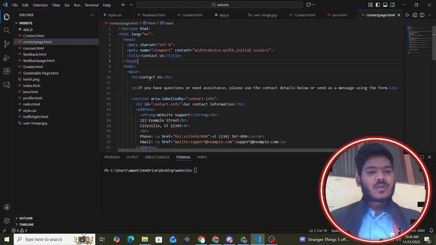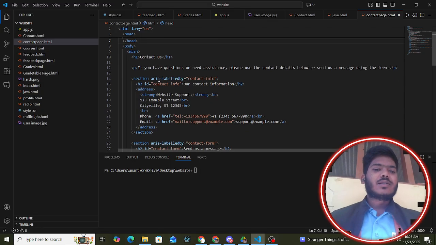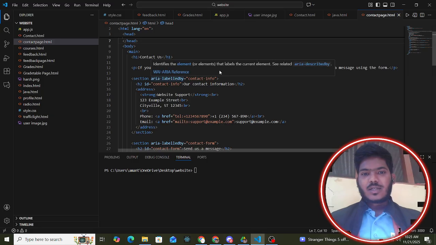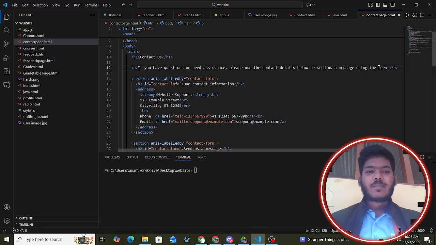my H1 heading. We use the main tag also for all the contents in the HTML page. So I use the main tag, and in the main tag first of all I write the H1 tag and write the contact us page name. And after that, I use the paragraph tag, and in this paragraph tag I write all the details of the contact page. And after this, I close the paragraph tag and start a section